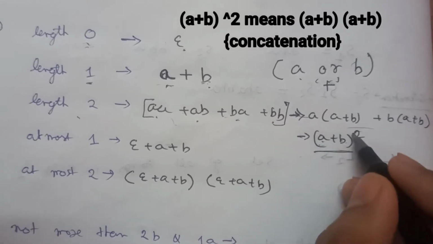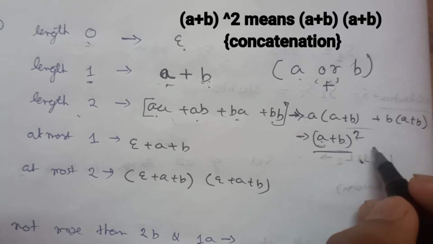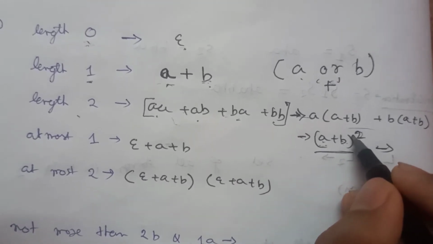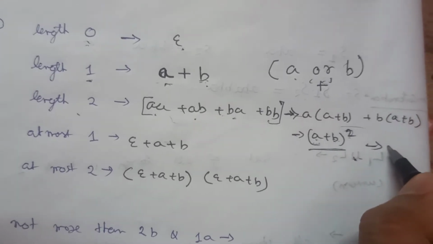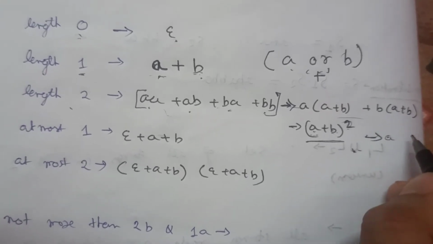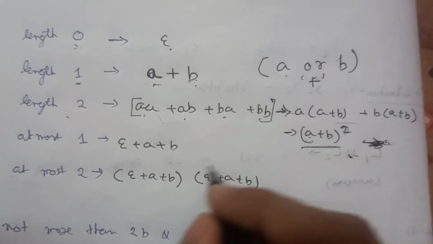And again, the second letter can be either a or b. So it will be absolutely a string of length 2, because we are running it two times. If we run it three times, then it will be any letter combination of length 3. It can be aba, bab, and so on. So for this it can be any combination of length 2.